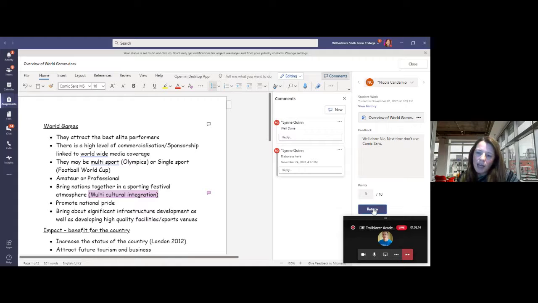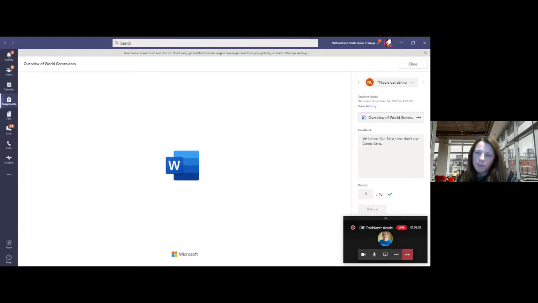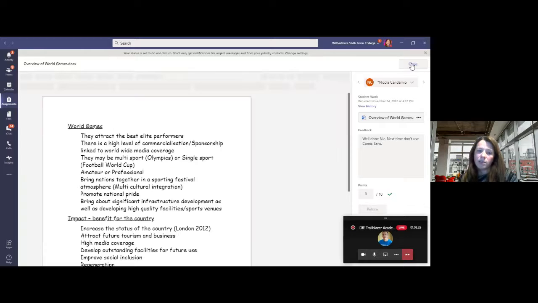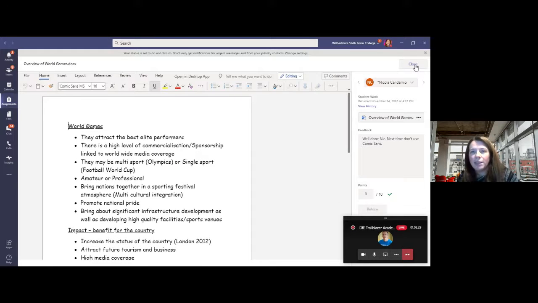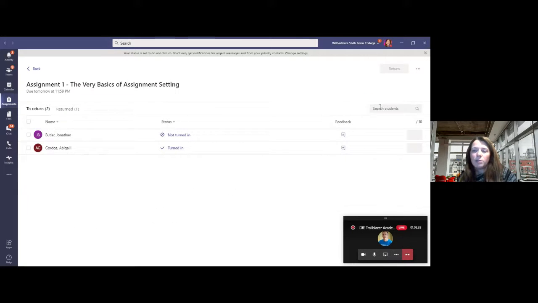Here you have to press the return, and that will send, and Nick will now get a notification that her teacher has given some feedback on the assignment. The student can then resubmit if you've given them a task to do with some instructions. So now I want Nick to go in and convert that to a different font.